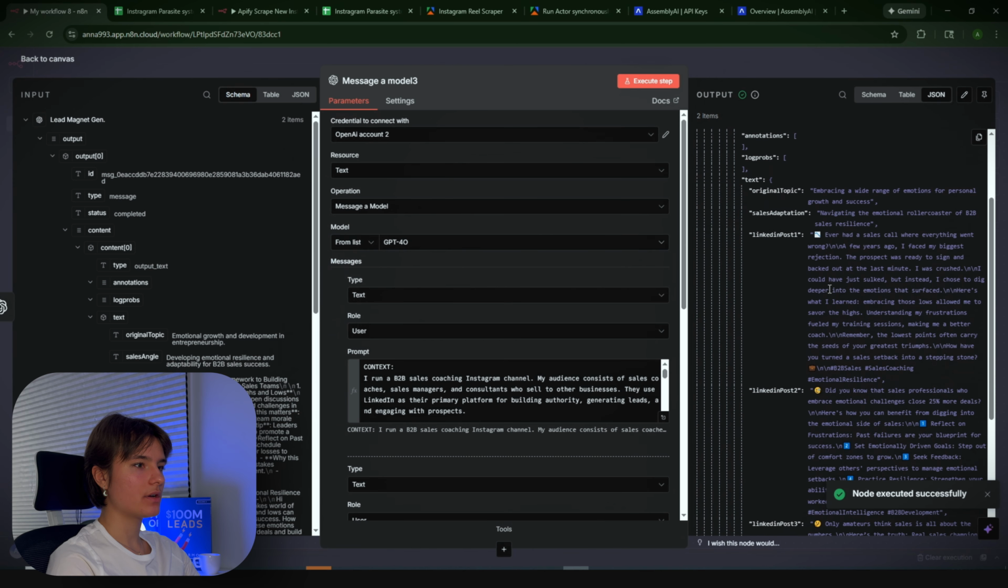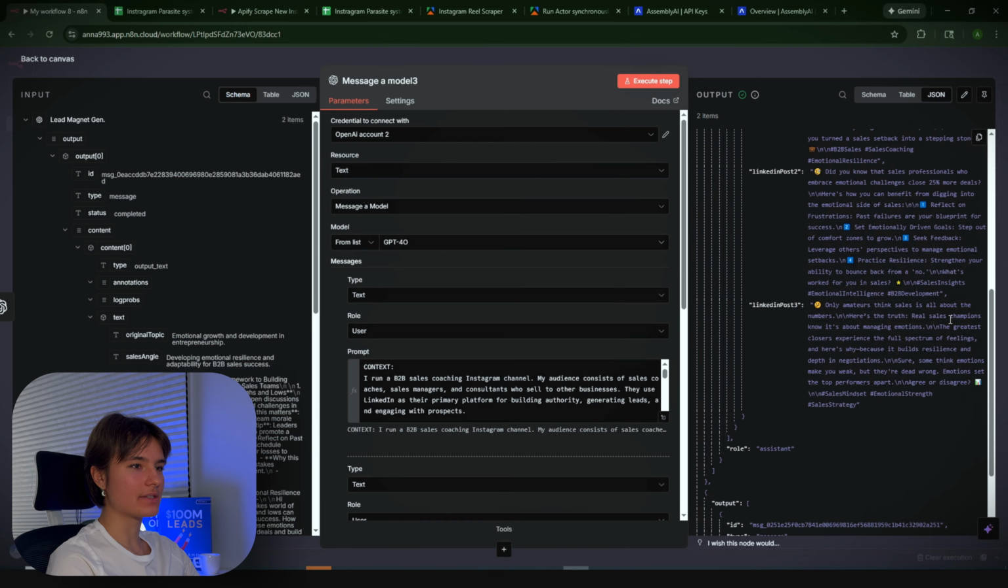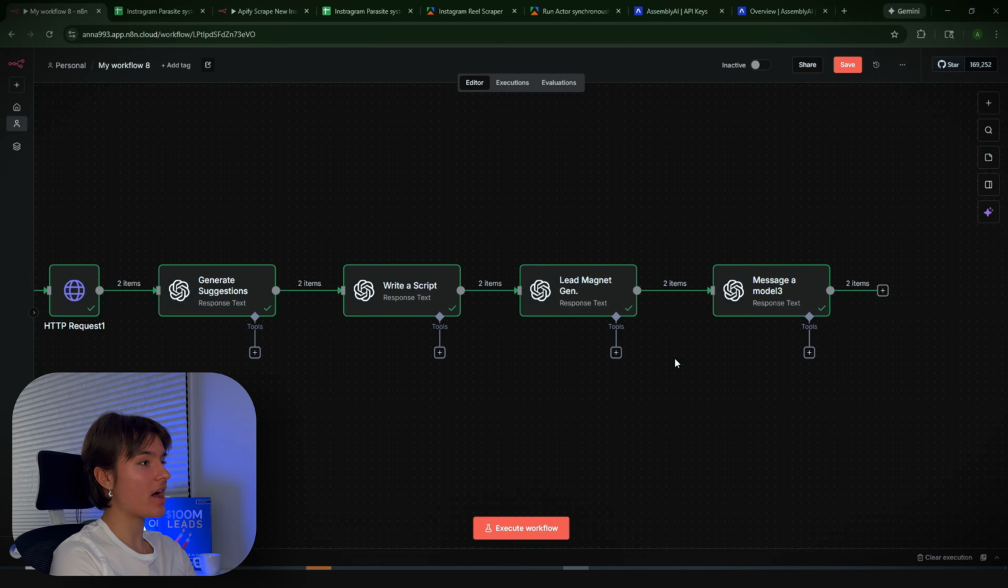And we have the posts here. It even added the emojis here. I like it. All amateurs think sales is all about the numbers. Real sales champions know it's about managing emotions. The greatest closers experience the full spectrum of feelings. That's good. Okay, guys. Now, as we have finished with our 4 ChatGPT nodes that are doing different tasks for us,